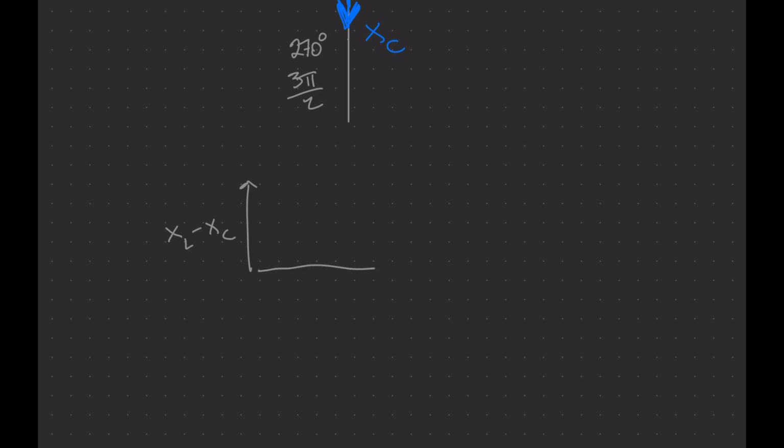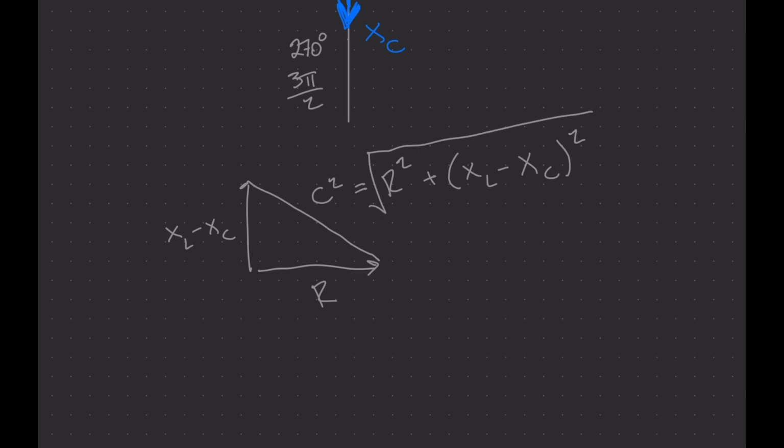And we have another vector here, which is just R. If we find this side, this C squared is equal to R squared plus XL minus XC squared. This is just Pythagorean theorem. We could take a square root of this whole thing and we can get the length of this side, which we will actually call Z. And this is the total impedance,